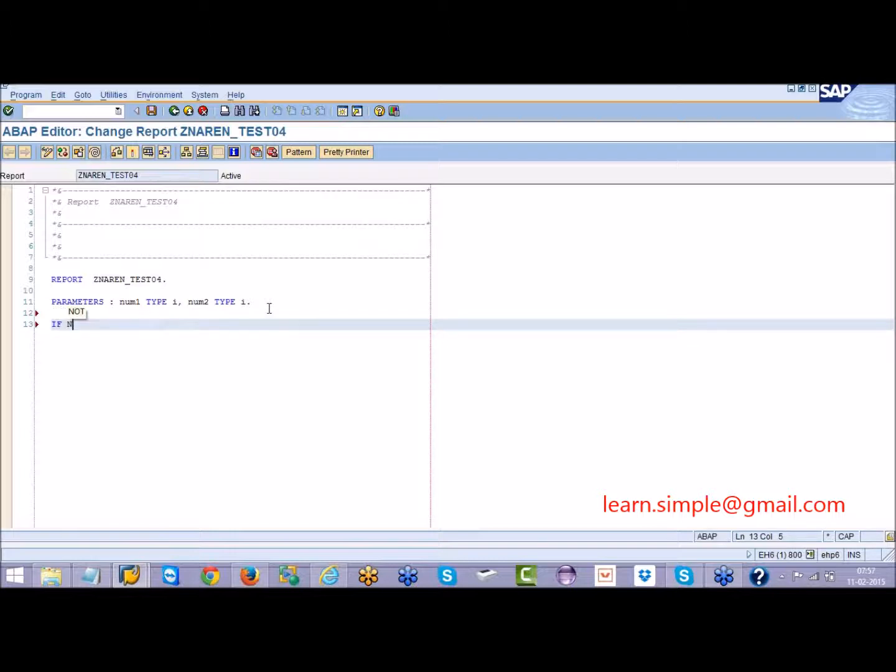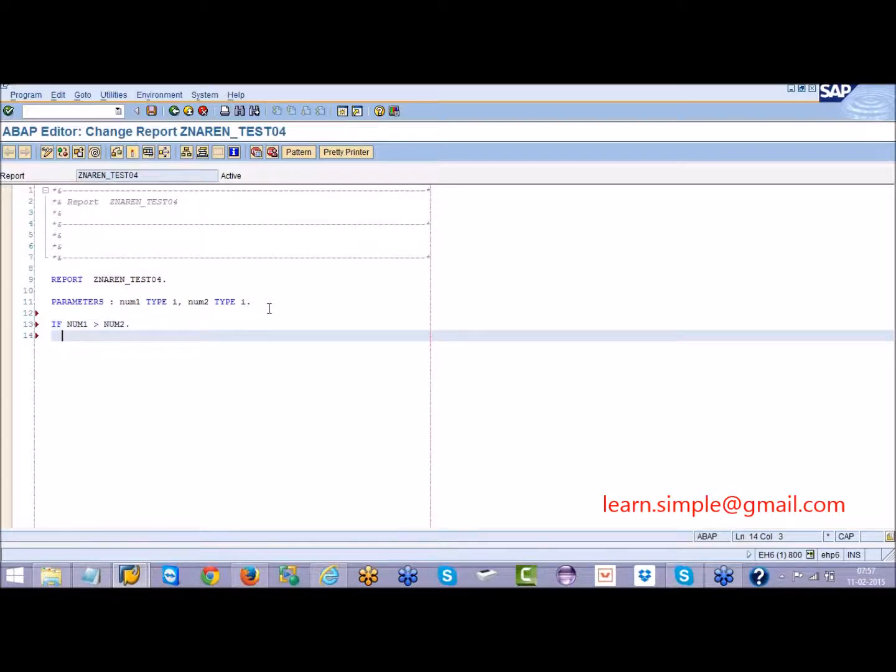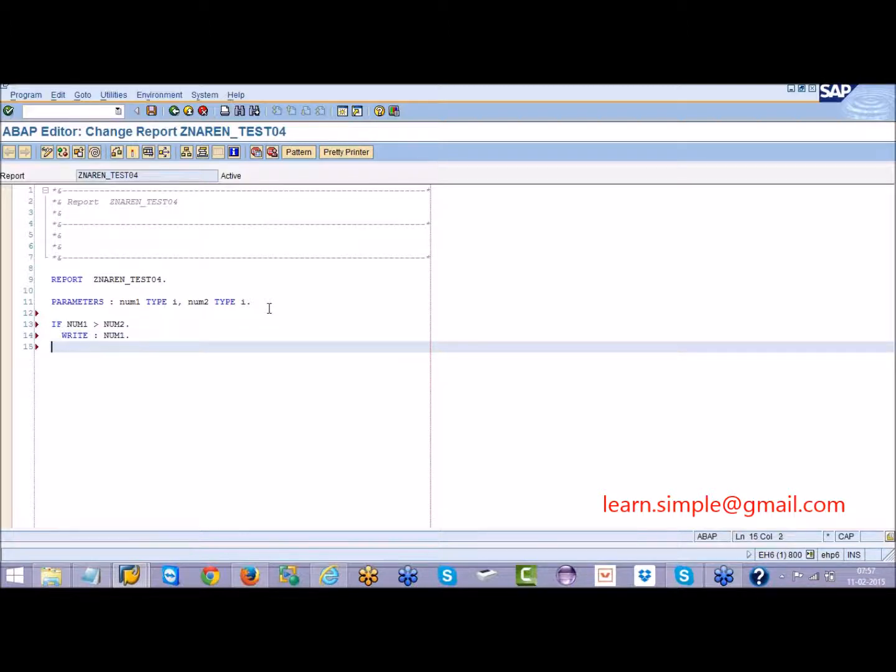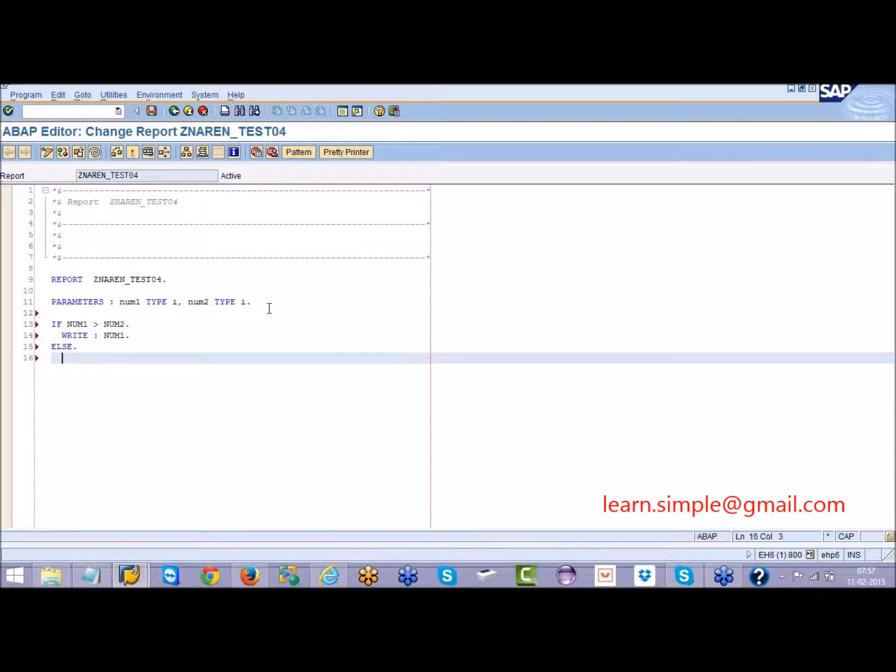If num1 is greater than num2, then write num1. If this condition fails, else write num2.